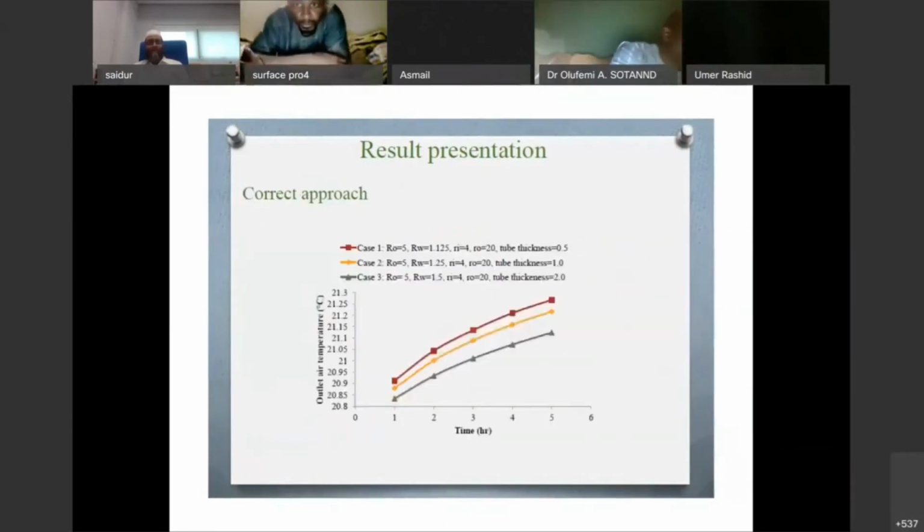Okay, you can combine. So this is again how to present results in a concise way. Not so many figures, not so many pages. There are page limitations in scientific research and publication. So you see, you put the legend, you put the details. You can put the second axis.